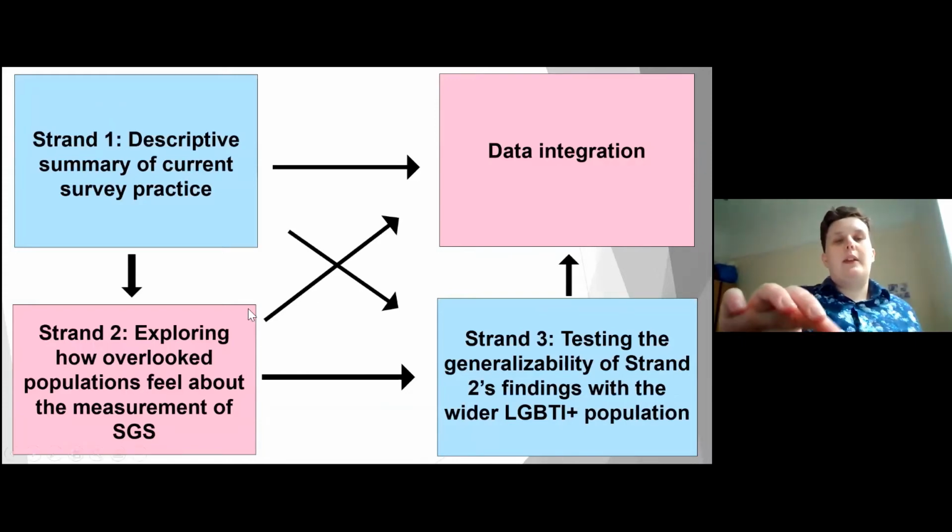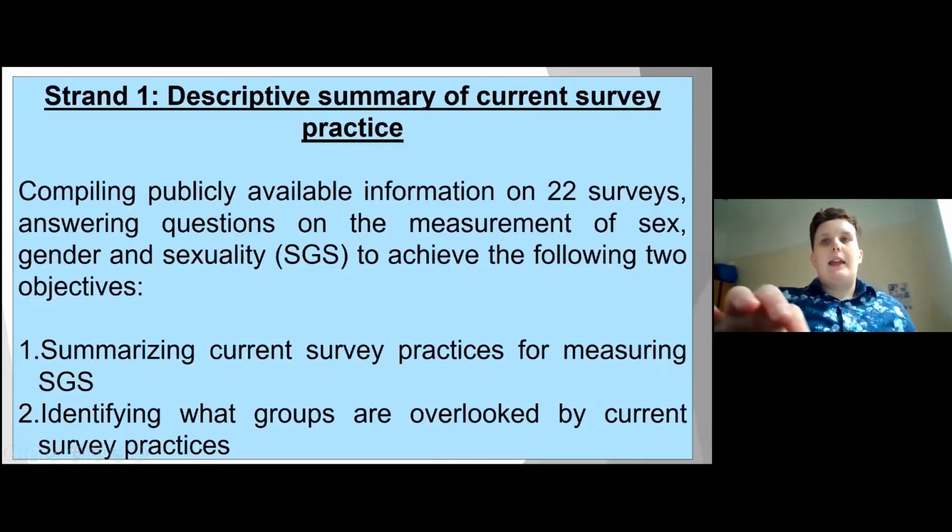For strand 1, I'm doing a descriptive summary. This strand has already been conducted. Basically, I looked at 22 population surveys in the UK that have been conducted between 2011 and 2021, and looked at how they represent sex, gender and sexuality. So do they ask about them, how do they ask about them, and who is overlooked by their approaches to these issues. The function of this is to get an understanding of what current practice is,